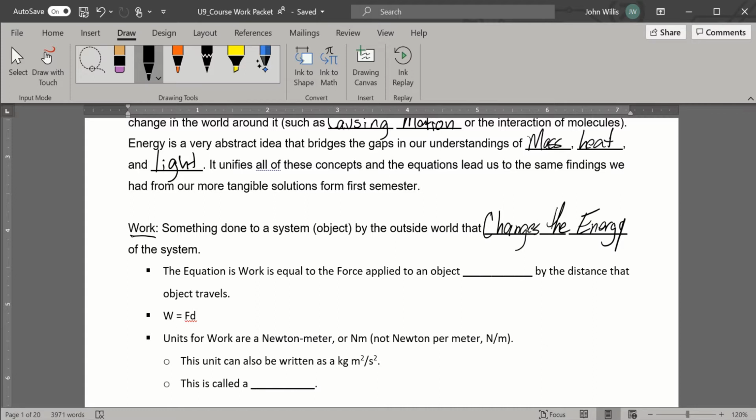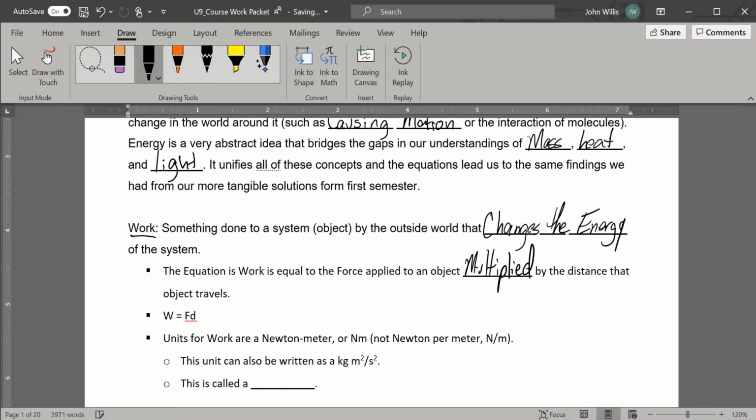We'll talk about versions of energy here in a moment, but it's going to increase or decrease that amount of energy that an object has. We're going to go back to that Greek letter delta, right? Change in, and we're going to get there in a second. The equation for work is the force applied to an object multiplied